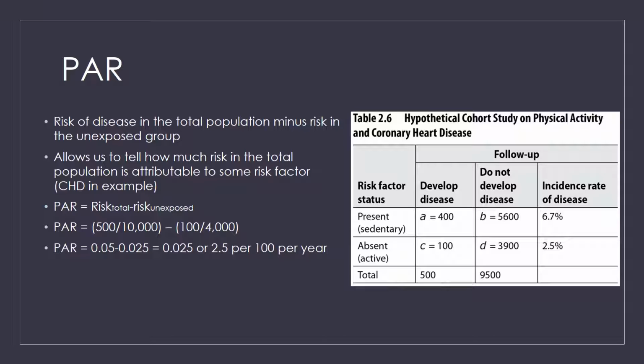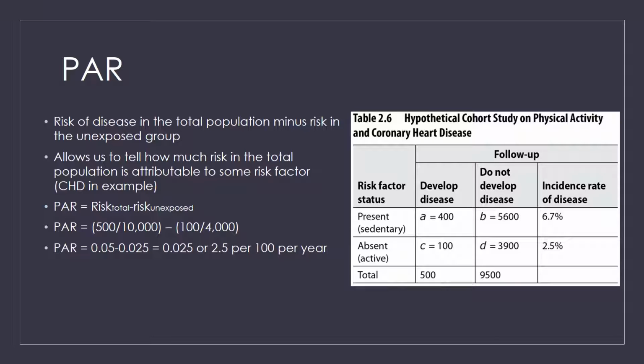Okay, so remember, unexposed is active in this scenario. So there are 100 people who were active and developed the disease, and there were 4,000 people who were active overall. So 500 divided by 10,000 minus 100 over 4,000 comes out to